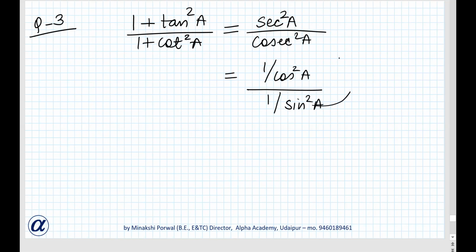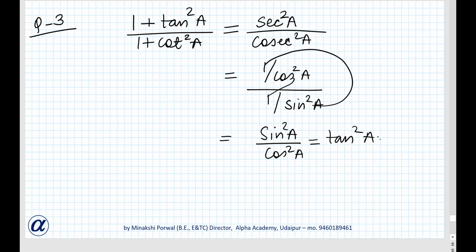Whenever we have fraction upon fraction, these both will be multiplied. So it is sin square A upon cos square A, that is equal to tan square A. Okay. So this question came in Phillips. So you have to write this. Okay, इसको ऐसे solve करेंगे. तो actually it's not necessary that the questions given in the book will come as it is. They can come, they can be changed in some other form and can also be asked.